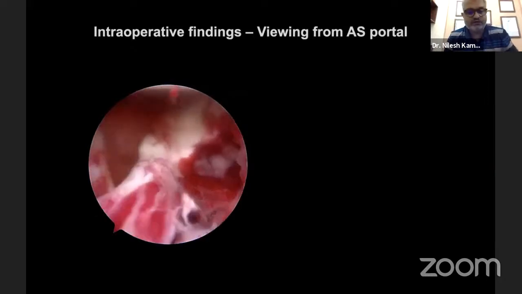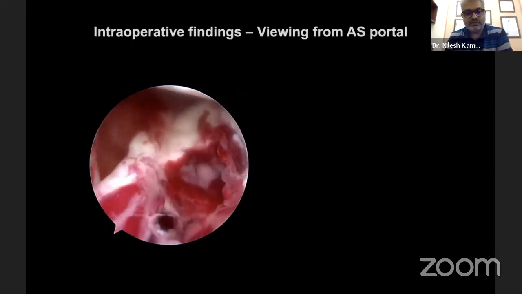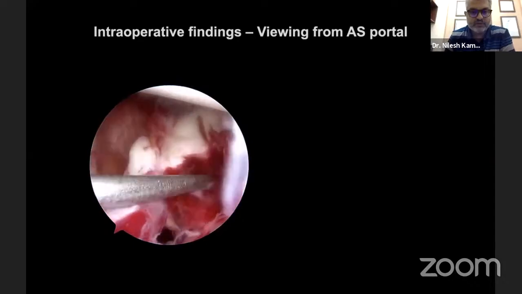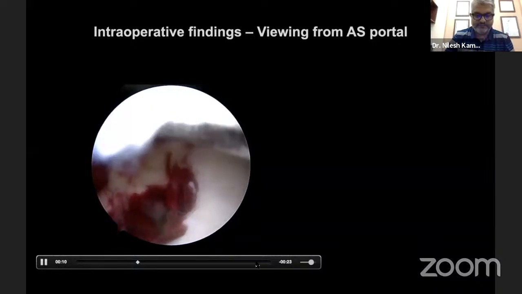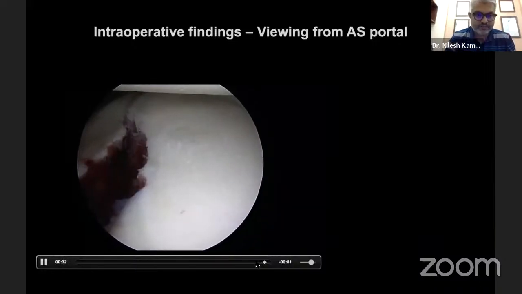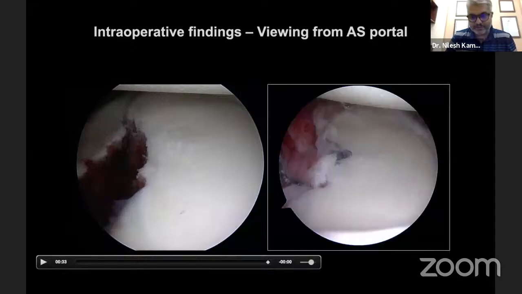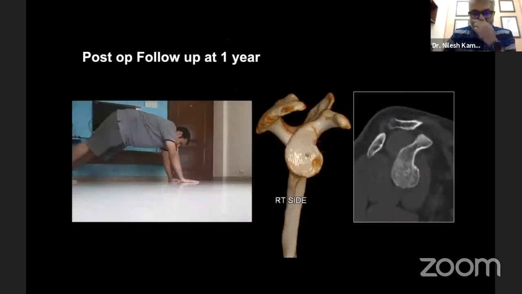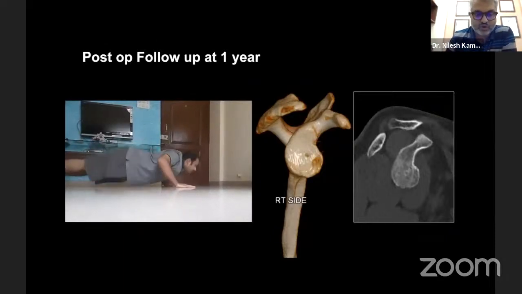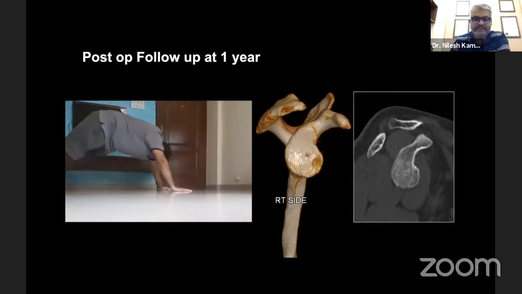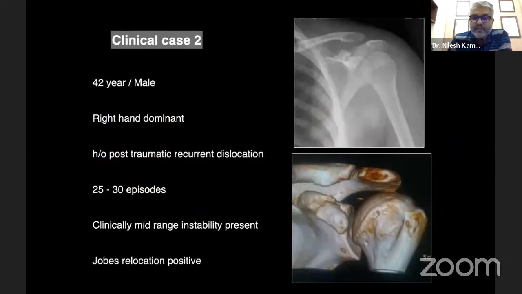We took him up for arthroscopy, and these are his arthroscopy findings. That's the fracture hematoma with the fragment attached or hinging along the inferior aspect, cleared off the hematoma, and that's the defect which was there. We went ahead and did an arthroscopic repair for him. At 1 year follow-up, that is his incorporation of the fragment, allowing him to do all routine activities as a recreational sports person. If you look at your clinical instincts on history, that's something very important.